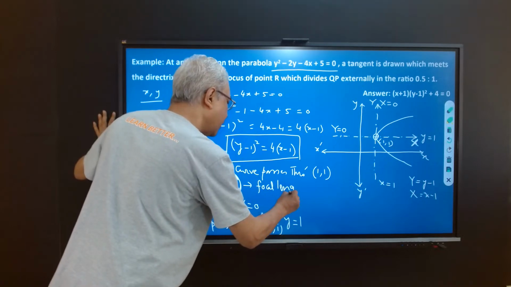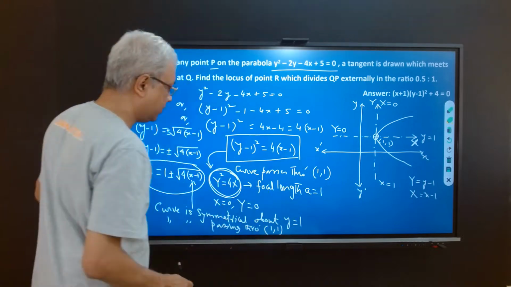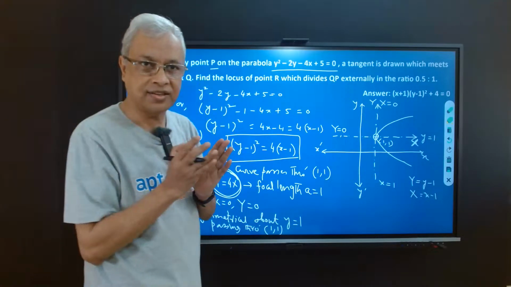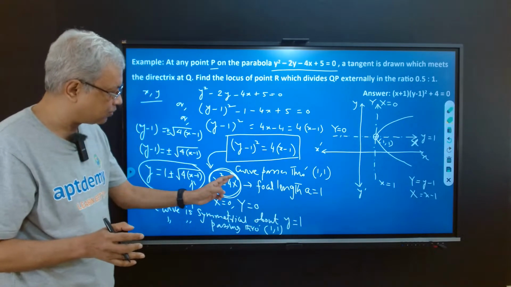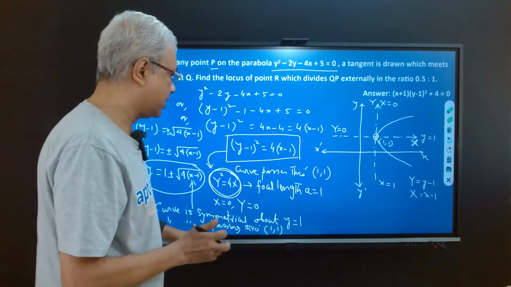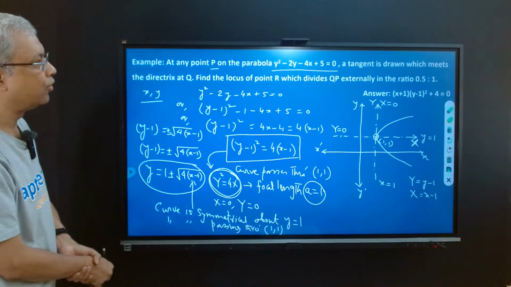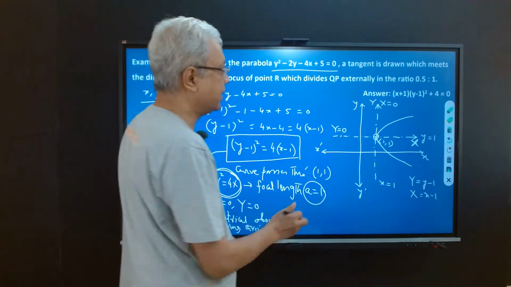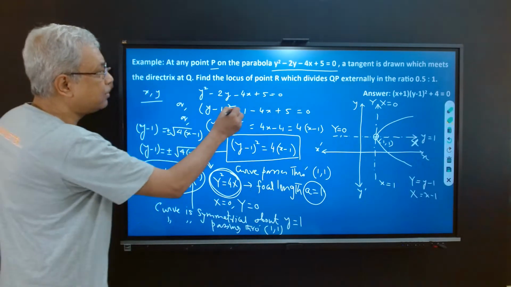A is equal to 1, because y square equal to 4ax is the standard equation where a is the focal length. So here a is 1 because it is 4 into 1 into x. So focal length is a equal to 1. Okay. So if this is the vertex, another interesting thing is that if